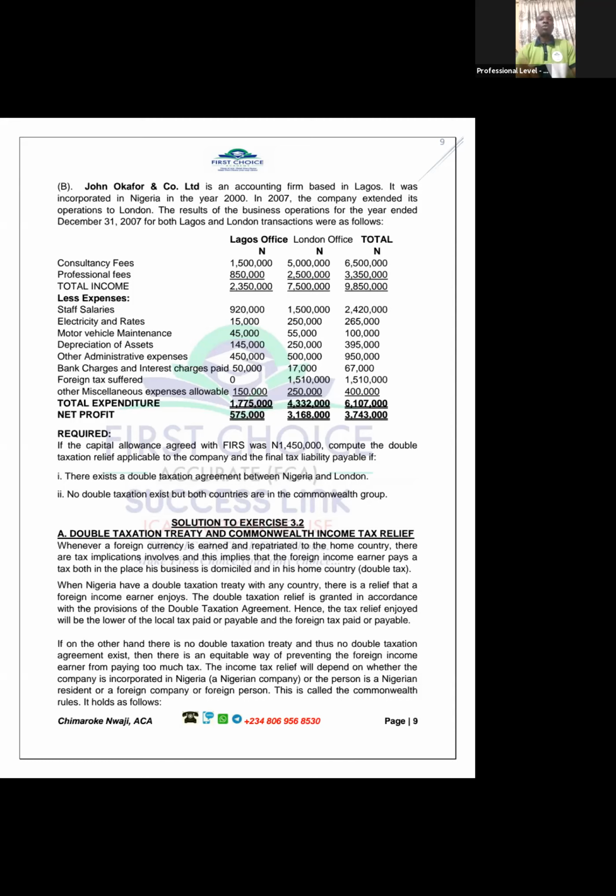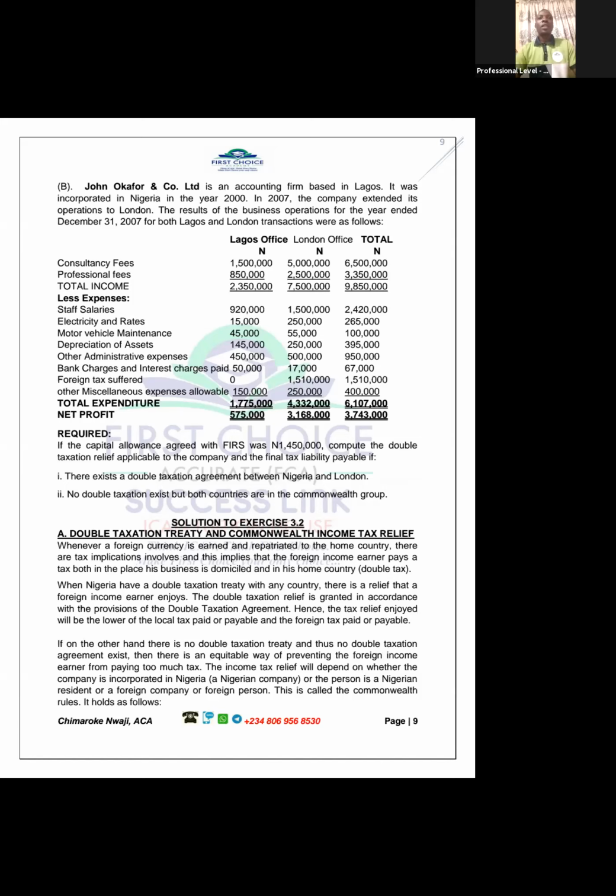In the year 2000. In 2007, the company extended its operations to London. So now there is a foreign branch. It means now that it's a Nigerian company extending its tentacles to London. So there's going to be a consolidation between Nigeria and London. That consolidated account belongs to Nigeria. The results of the business operation for the year ended 31st December 2007 for both Lagos and London transactions were